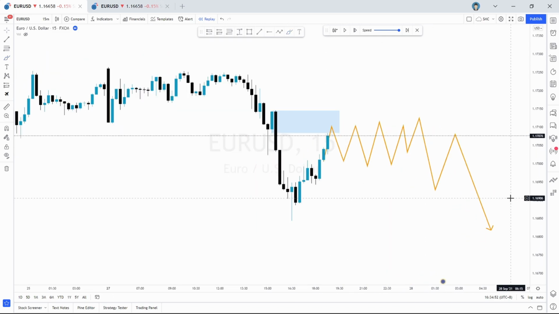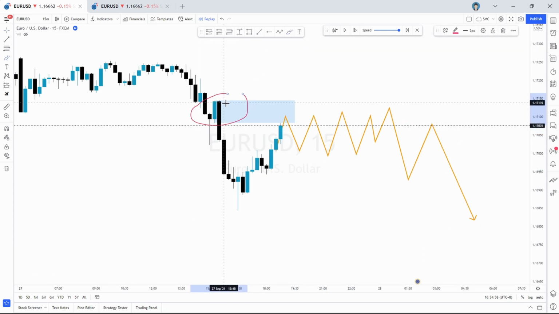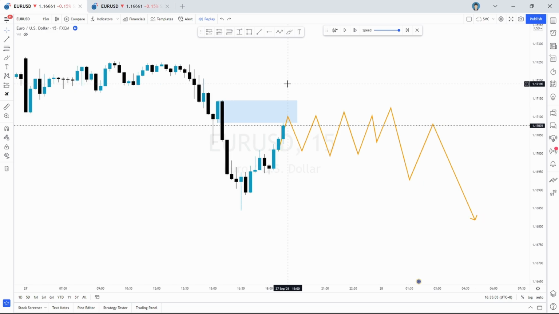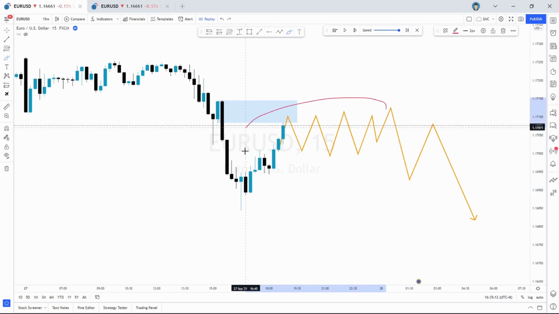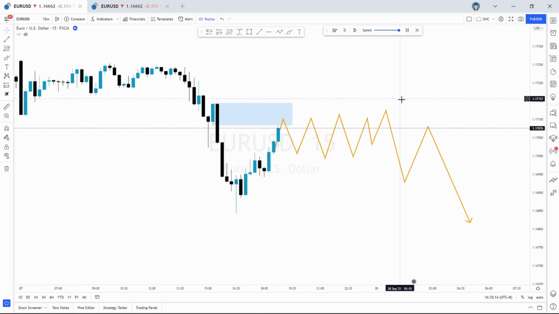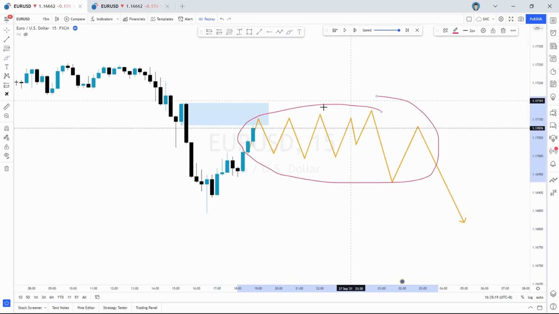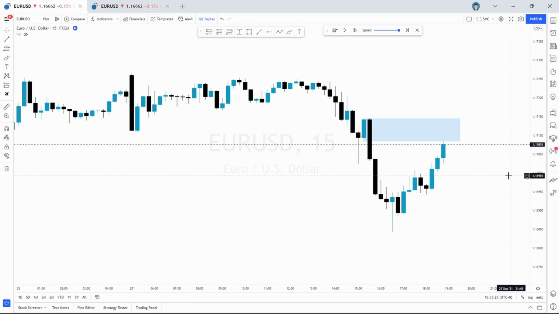But if you look at the size, it looks like a size that doesn't really fit the OB. If you don't know what I mean, we already made a video on how to use Wyckoff properly. It's titled like that. But basically, for me, this distribution or Wyckoff schematic is too huge for my liking, since the schematic is bigger than the POI. So what I mean is, I want the schematic